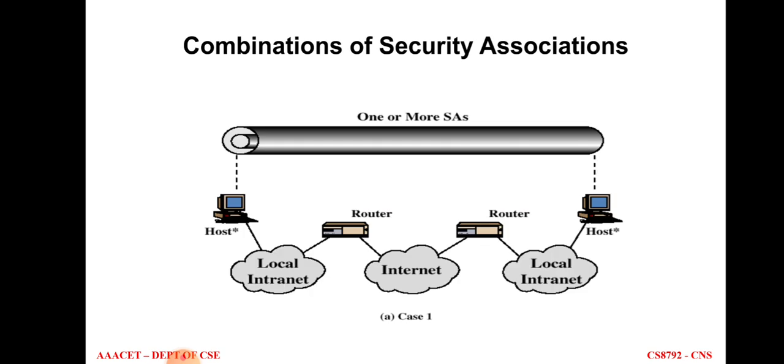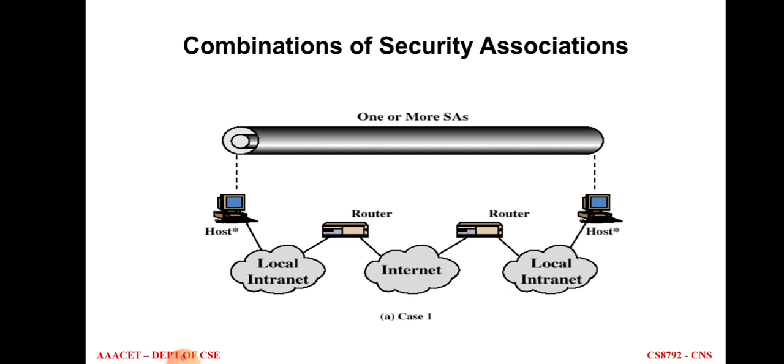Next we will see the basic combinations of security associations. There are 4 cases. Initially, the IP security architecture document listed examples of combinations of security associations, named SAs, which must be supported by IP security hosts like a workstation or server, or a security gateway. A security gateway is nothing but a firewall or router. So this is the first case.